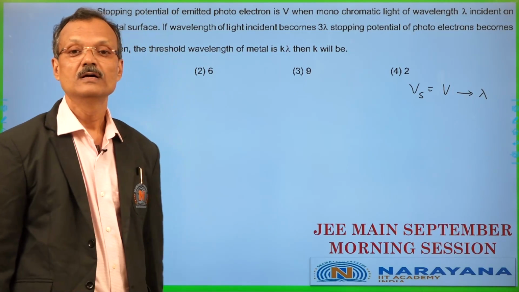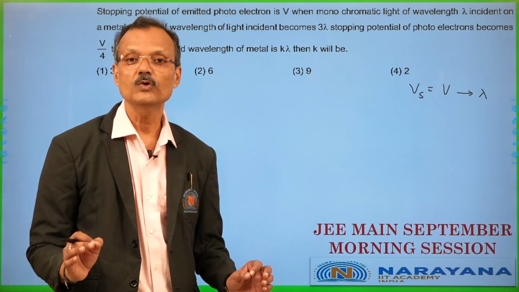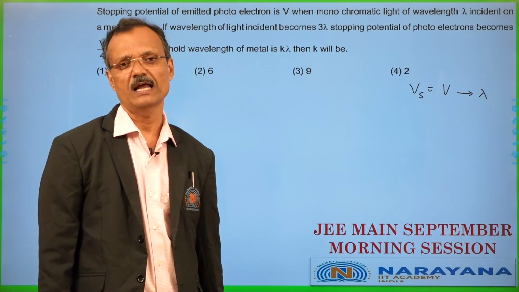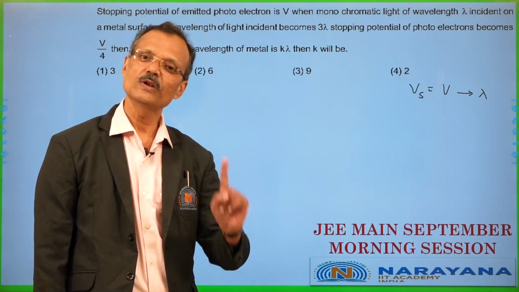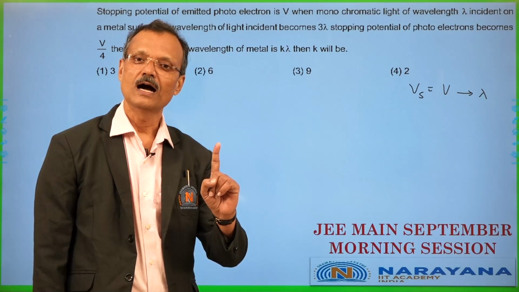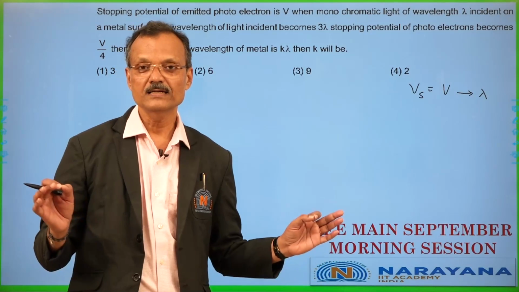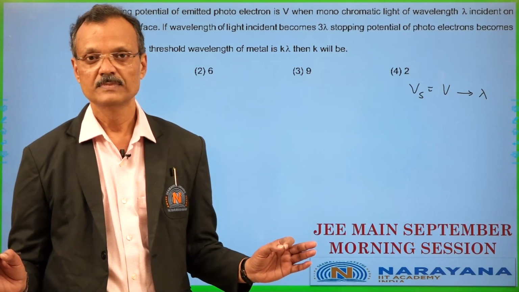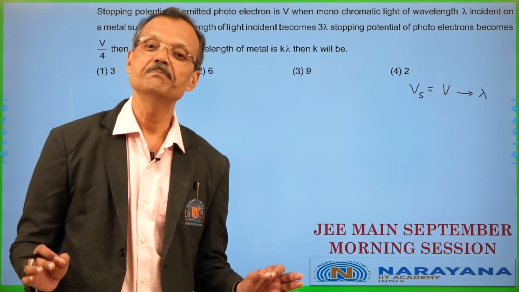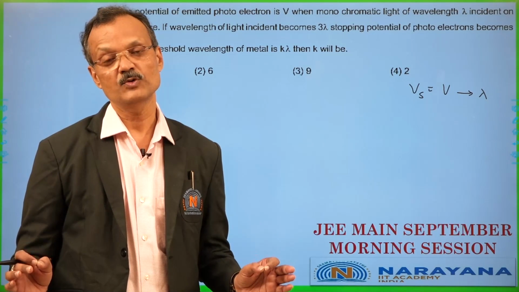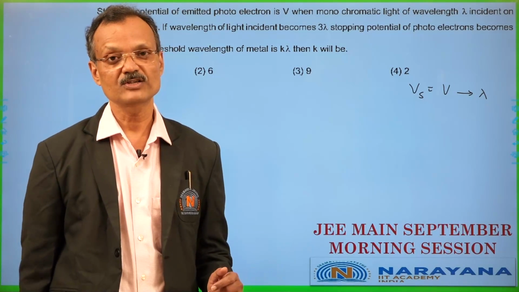You know, for the photoelectricity chapter, whatever problem they will ask you, there is only one formula, Einstein's photoelectric equation. Kinetic energy maximum equal to half mv max square equal to h nu minus w naught, where w naught is work function,